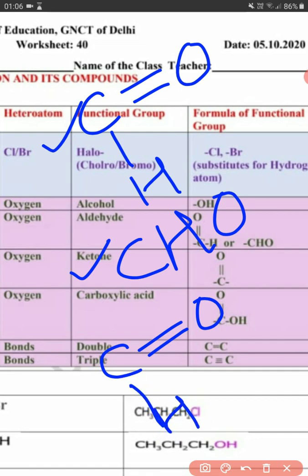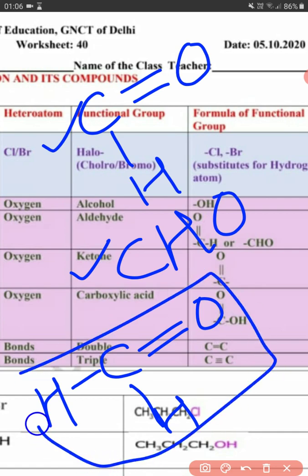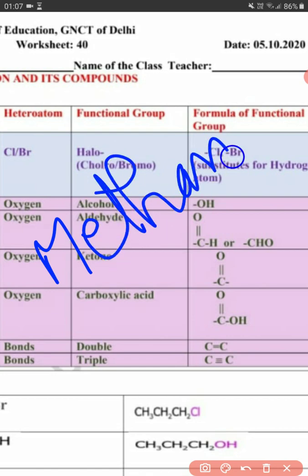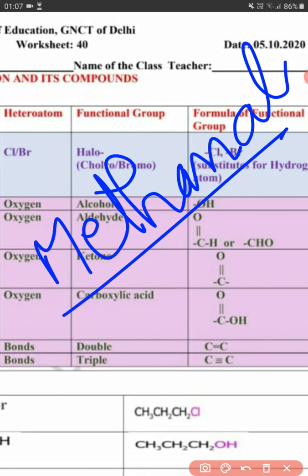Carbon is having only 3 bonds, so it can form one more bond. If we write hydrogen here, this compound is having only 1 carbon, so the name will be formaldehyde, or as we know, it is methane. 1 carbon means methane, and this E is replaced by AL for aldehyde, so it becomes methanal. Now suppose we are having 2 carbon atoms,